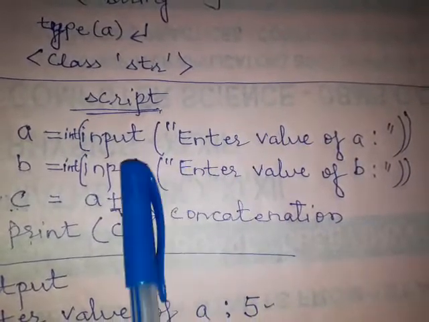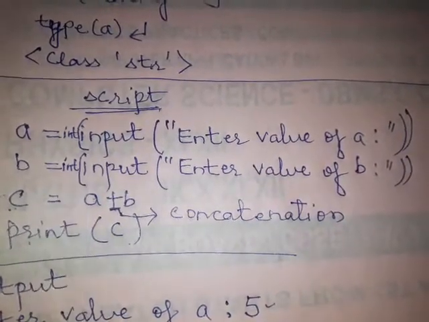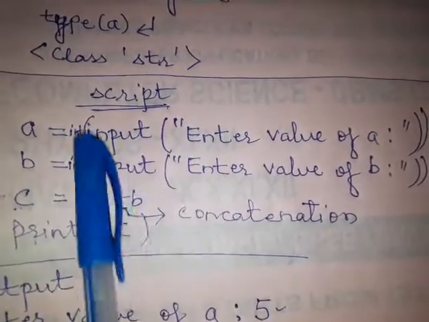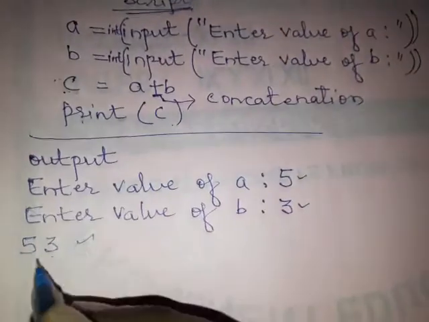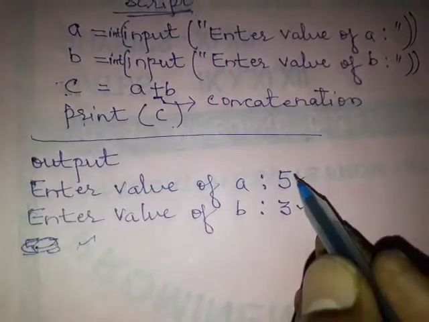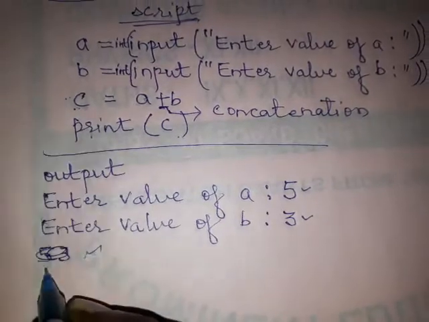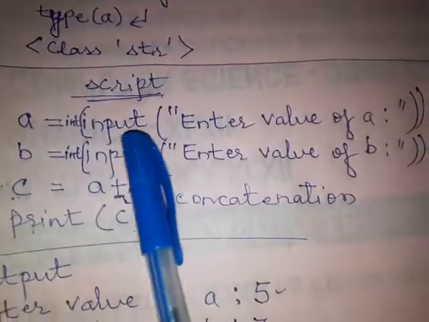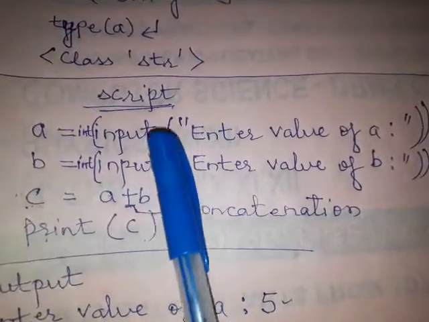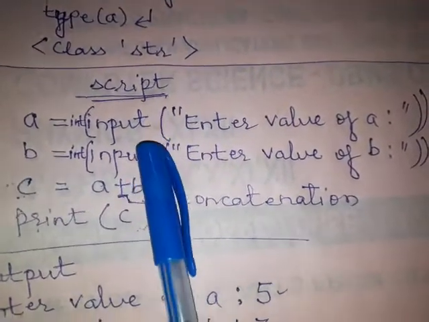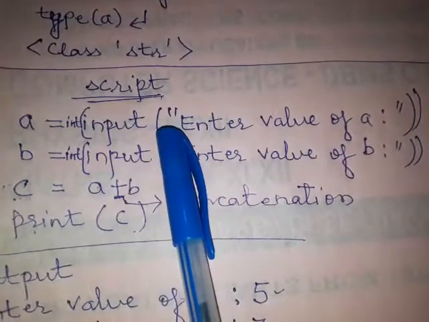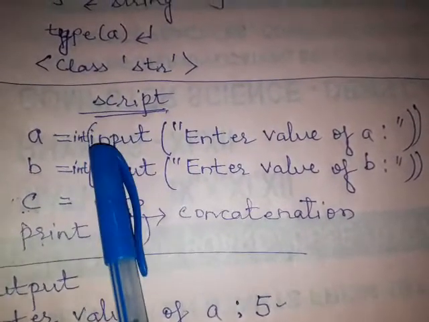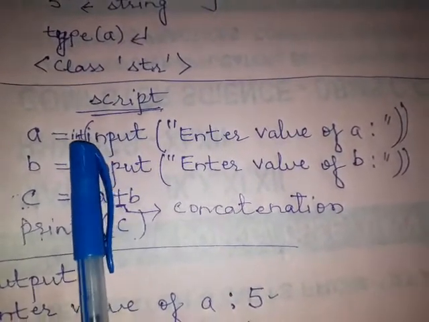Here also, whatever values you give will be converted into integer type, and then when you run this program, it will not give this result. When you enter 5 and 3, it will give 8. So this is the feature of input. It will by default give a string type value. You have to convert this string either into integer type or float type. You can also use float in place of int over here.